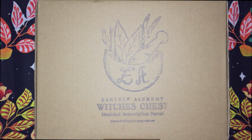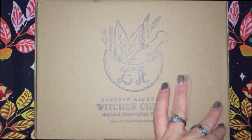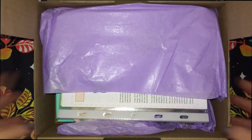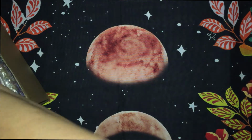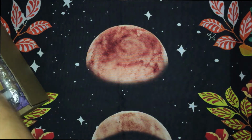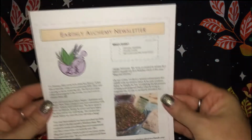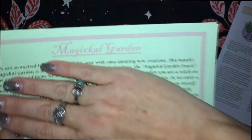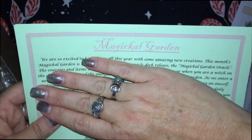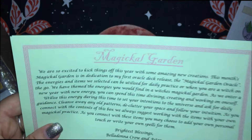But with that, I'll get on with the unboxing. So when you first open it, that's what it looks like. And with each box you get a newsletter, so just some things that are happening, and the info sheet. So Magical Garden is the theme,